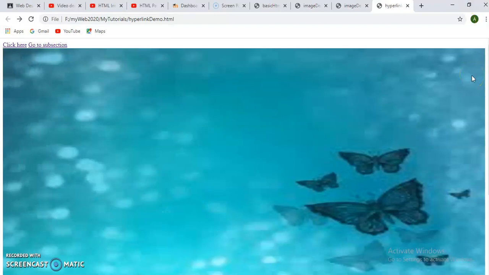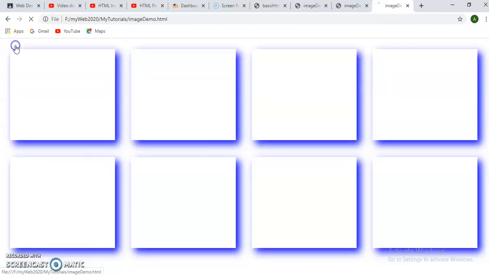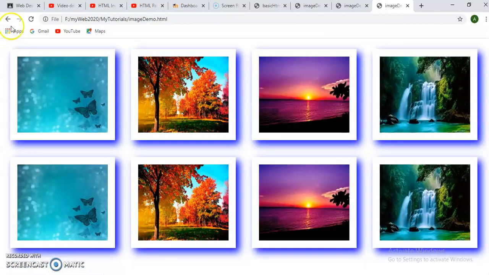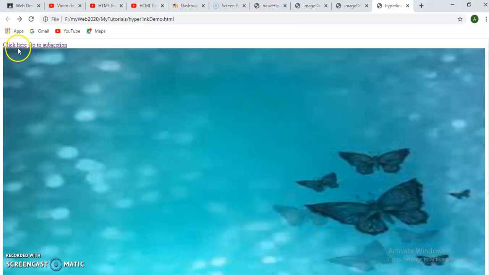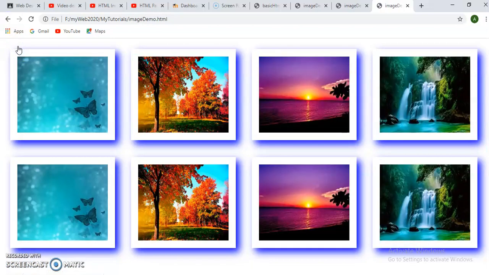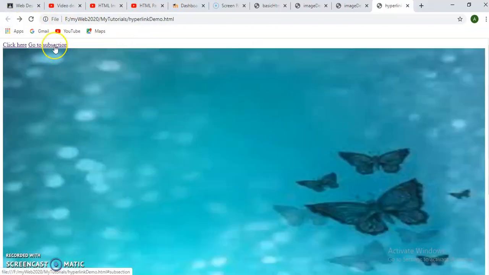What I'm trying to show you is that there are two types of hyperlinking. One type is when we click on a particular hyperlink on a page, a new page will be displayed on the same tab or on a different tab, as per our requirement. The second type of hyperlink is linking to a subsection of the same page.